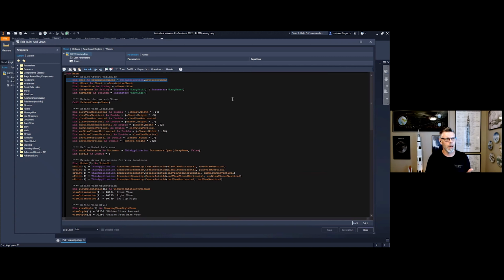Does it contain text? Does it contain numbers? Does it contain numbers that have decimals? Does it contain some other object that I need to access within the Inventor API? So we have an opportunity not only to give variables a name, but what we call typecasting, a means to be able to say, okay, variable, this is the type of information which you're going to contain. It allows us to be very prescriptive and definitive in terms of the types of variables we want to create, what they're going to contain, and how they're going to behave.